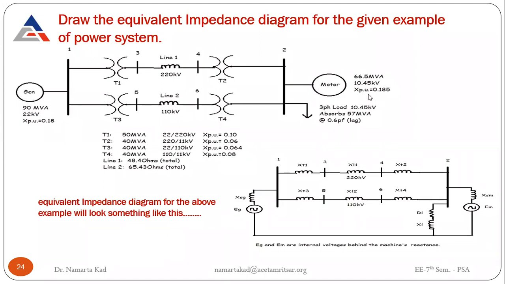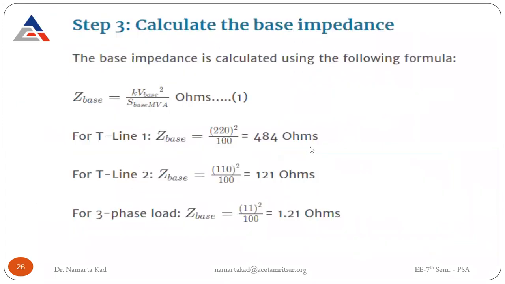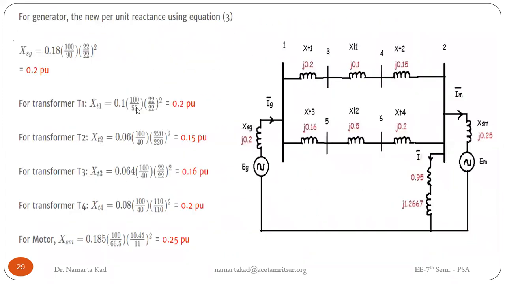And also for the motor, 0.185. So just firstly divide these MVAs, then multiply with the square of the kVs, and you get these per unit values for the 4 transformers and 1 motor load. Now, after doing all these calculations, you can simply draw this reactance diagram, and this will be your final answer. So simply draw this circuit and then apply these values here.